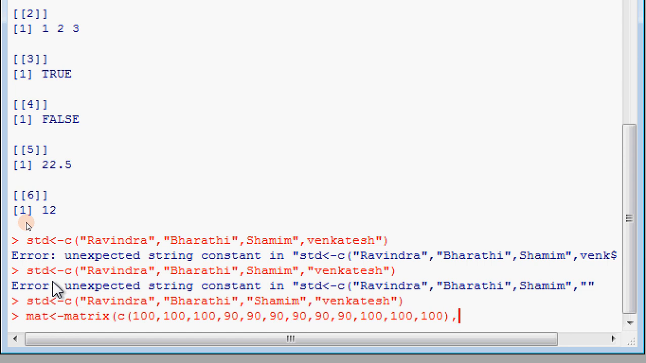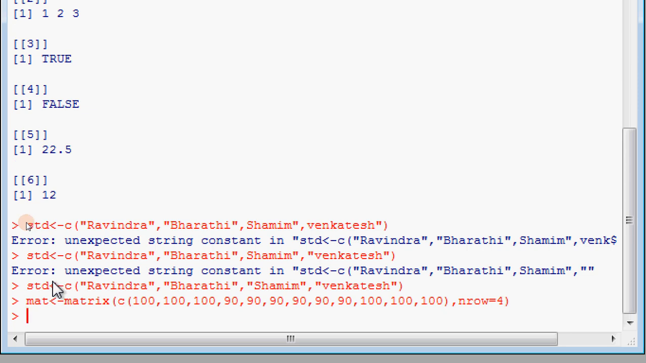And what is the other parameter? Number of rows is equal to 4. If you wanted to mention the byrow parameter, that is good, and it is optional also, right? So I'm leaving this. This is my vector, right? Then after, I'm creating a list,